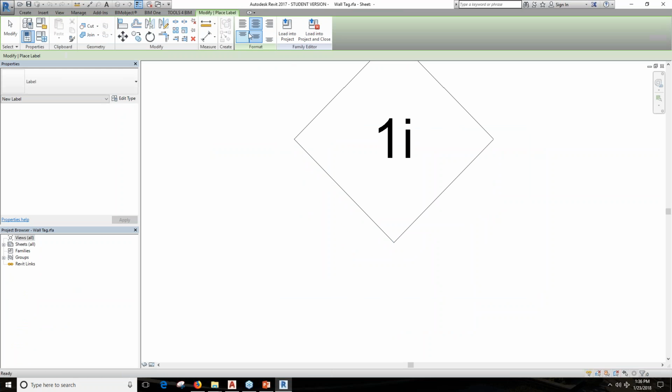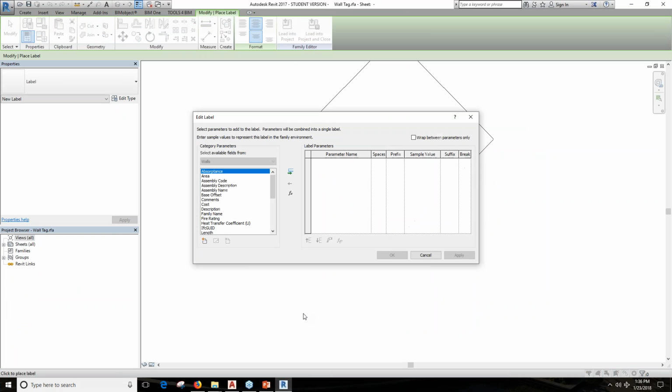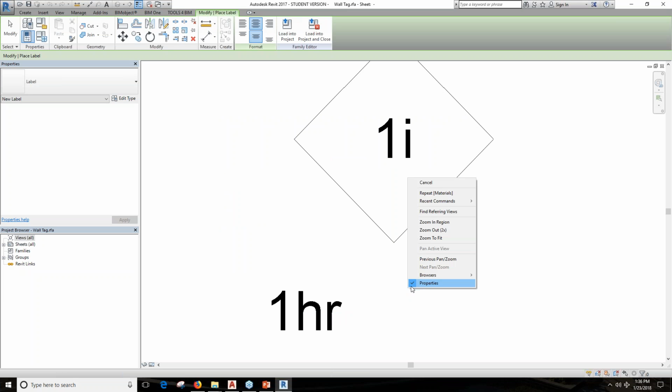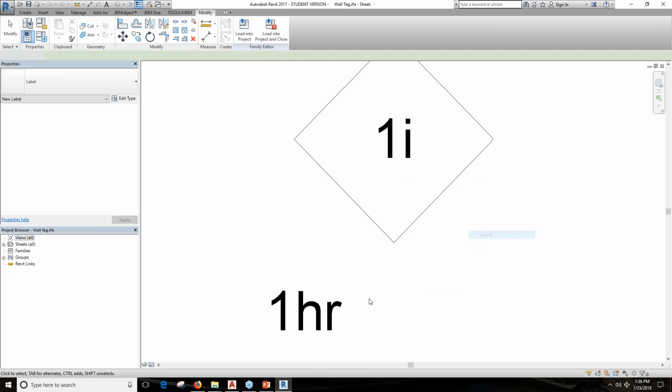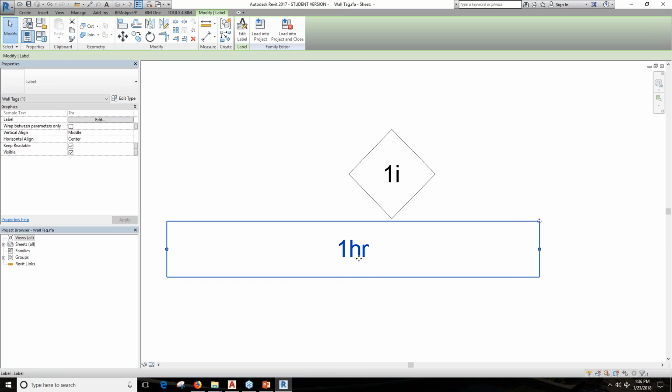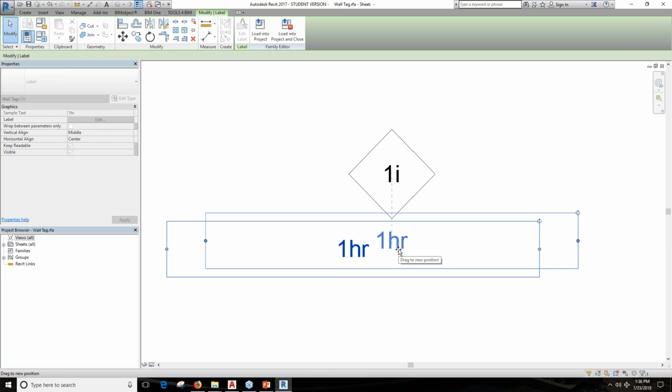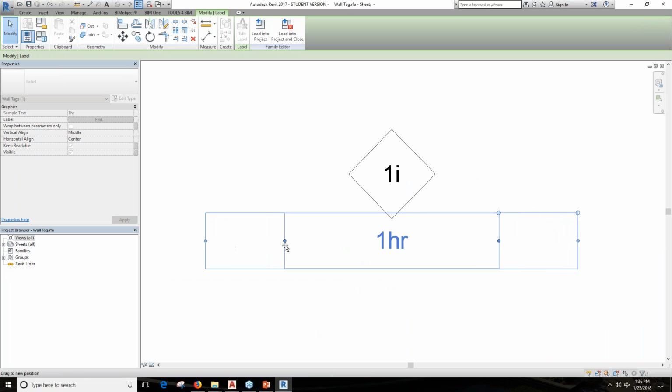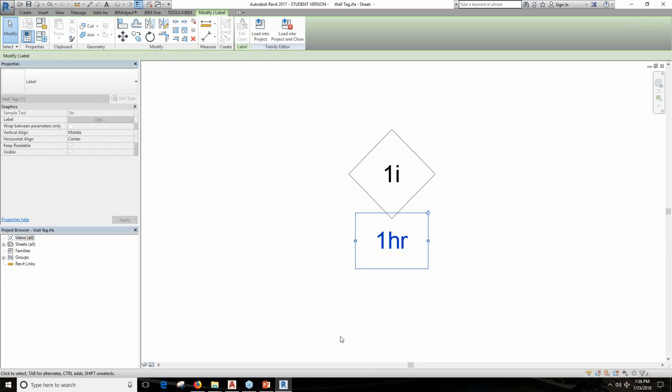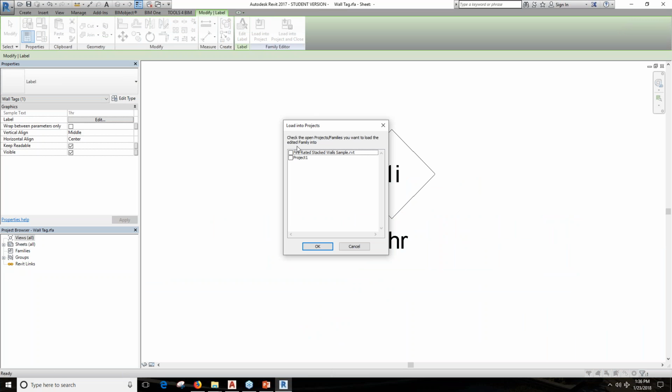So I'm going to create a label, place it here, and once I do that, you see here that I have a fire rating label. I'm going to move that here. This is just a sample of how it's going to show. I'm going to hit OK and finish that. So in this tag, now I'm just going to center here for now. I'm going to put it here. If I load it into my project